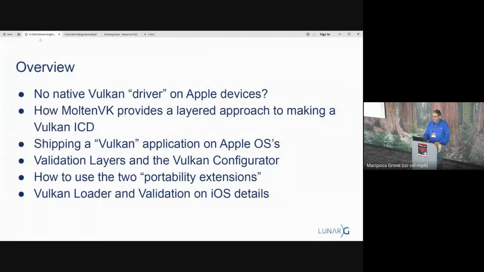So what we're going to talk about, what's the deal? No native driver on Vulkan. We'll talk a little bit about MoltenVK. Bill's going to follow up after me to go into more of a deep dive on MoltenVK. And I'm going to talk about how to use MoltenVK to ship your Vulkan applications on Apple desktops and platforms, and about Vulkan validation layers. Basically, how is Vulkan different on Apple, if at all? Just a few things. Hopefully I'm going to cover everything you need to know. Maybe not in great depth, but I'll give you a good overview of everything you need to know